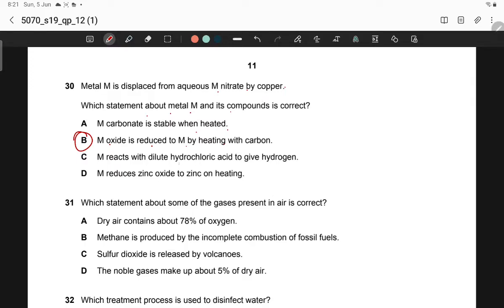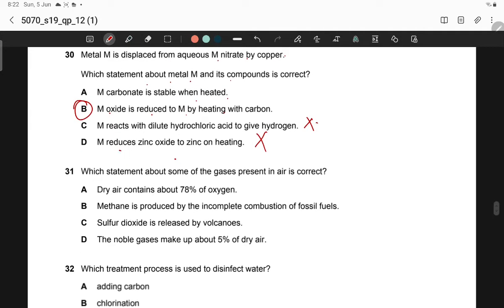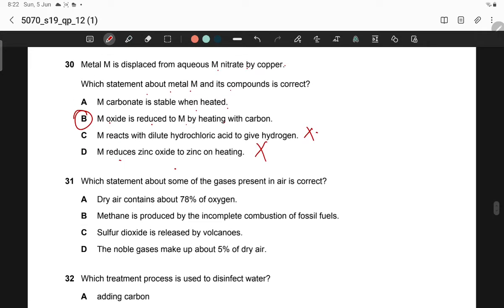M reacts with dilute hydrochloric acid to give hydrogen gas. M reduces zinc oxide to zinc on heating. If M is displaced from aqueous M nitrate by copper, it is less reactive than copper, so it is reduced to M